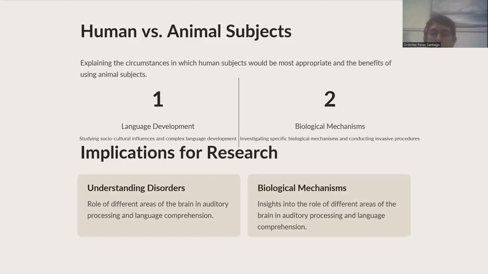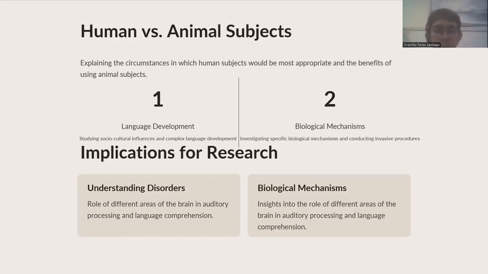Let's go ahead with linking these two articles. How can we link them? As I mentioned before, researchers should do this kind of biological experiment with animals because they involve invasive procedures, as we see on the left side. On the left side, we have an example of human subjects studying language development, sociocultural influence and complex language development. That was the case of the twins. They could analyze these kinds of things and see what the effects are. But on the right side, we have the biological mechanism, investigating a specific biological mechanism and conducting invasive procedures. For this kind of scenario, we need certain animals to analyze because some procedures are not ethical